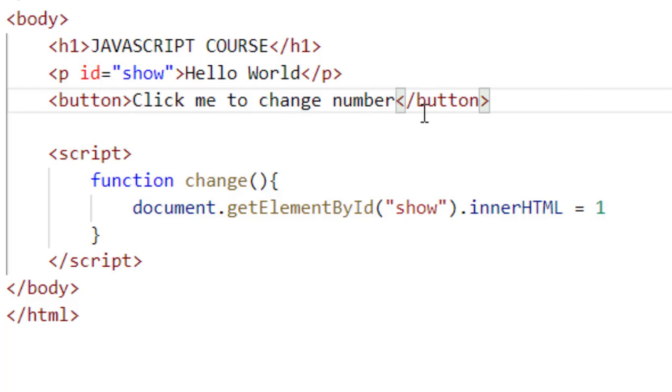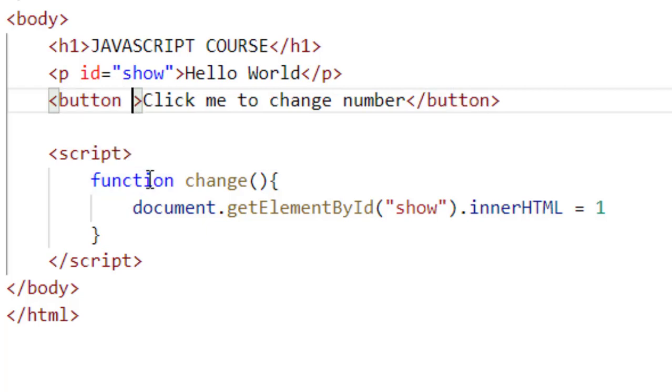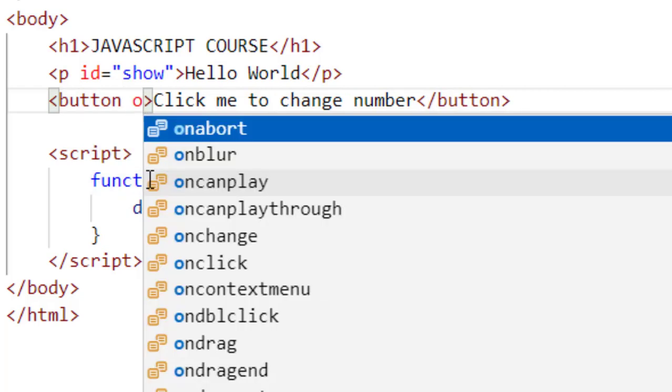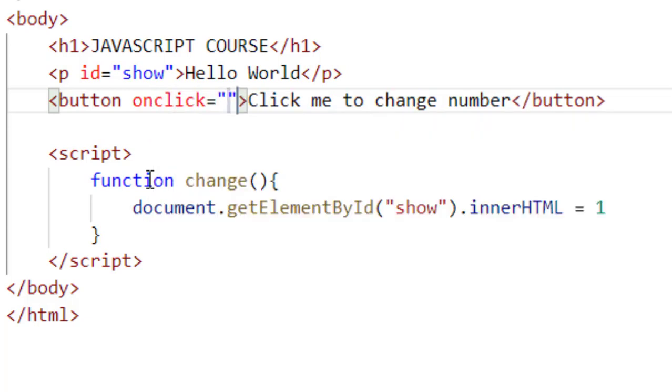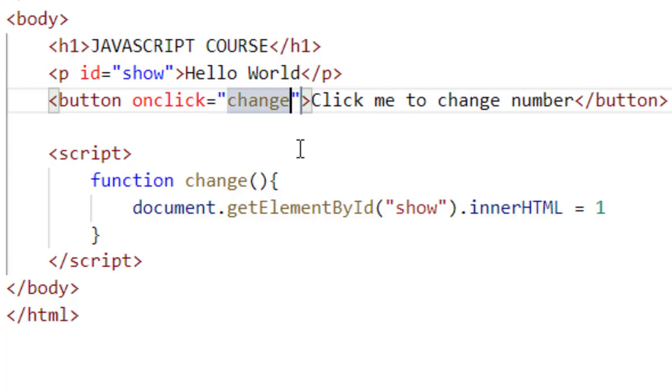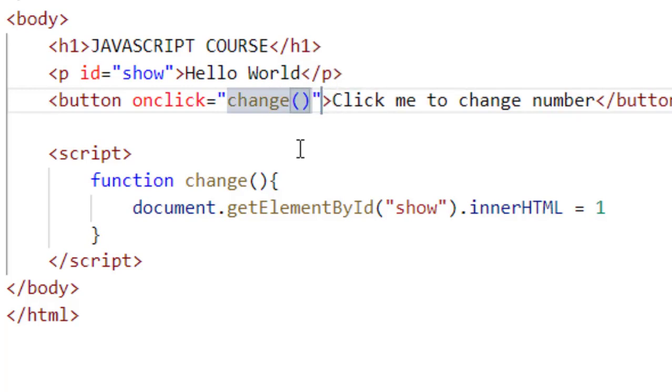So it's going to say click me to change number, this button, and then I would have something listening for clicks. That is going to be called onclick. So if I type onclick right here, whenever you click this button, it should run this change function. So I'm just going to say change like so, and then I will save this.